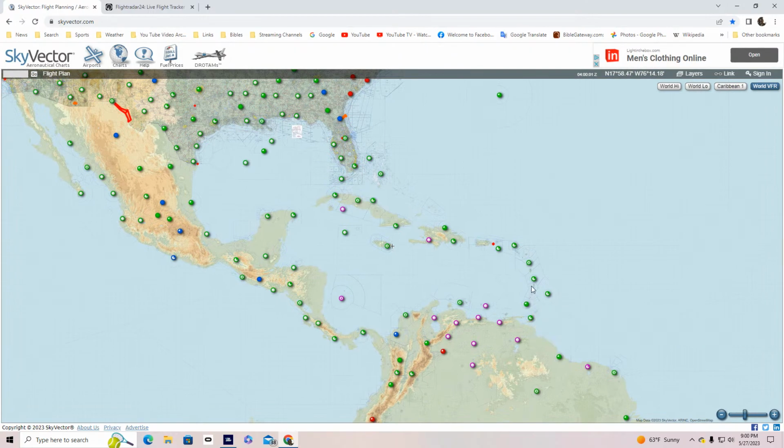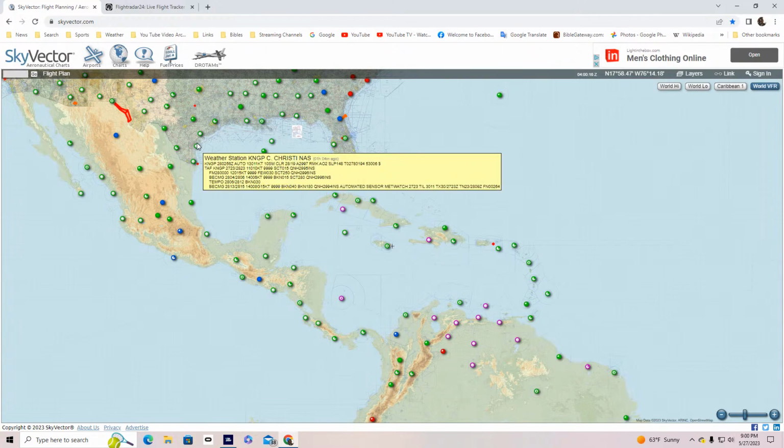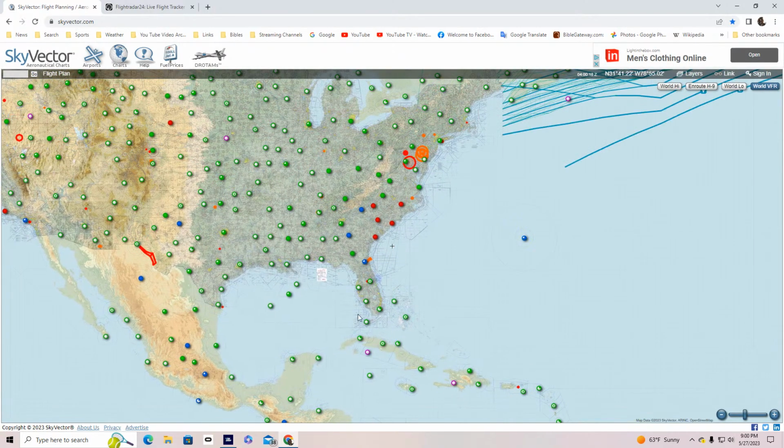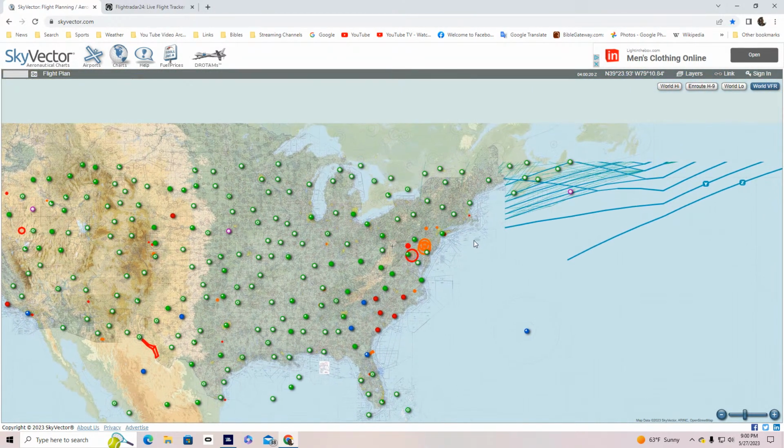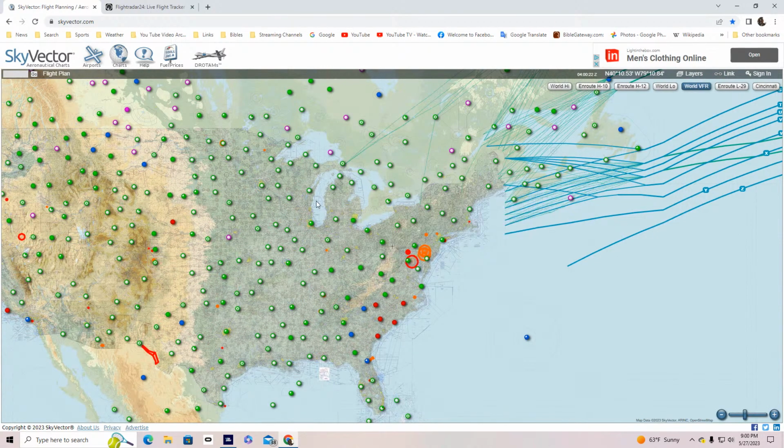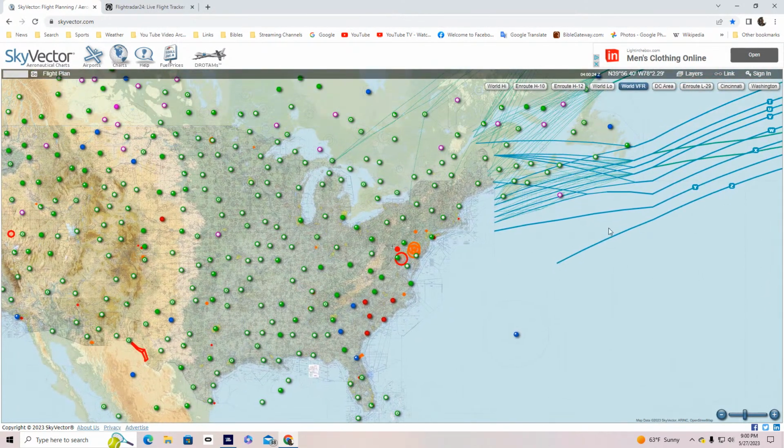We'll probably go along, I don't know. I haven't decided whether we're going to go back this way. We'll probably go along this way right here, fly along Cuba, and then maybe to Cancun, and then all this way, and then back to the United States along the coast there, and then all the way up here, and then we'll fly back. But that's going to be a lot of flights.